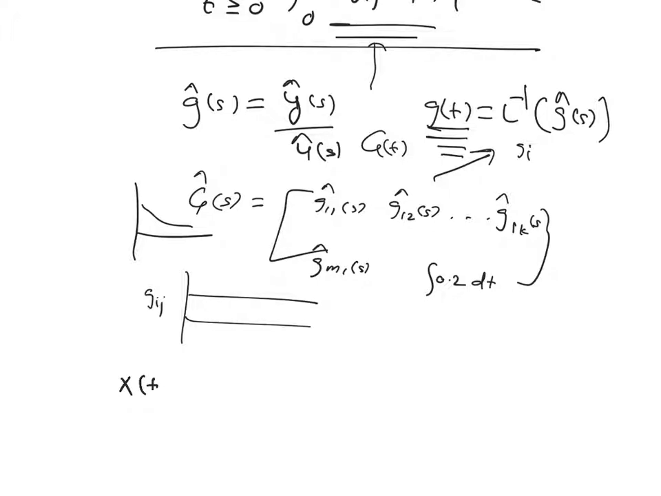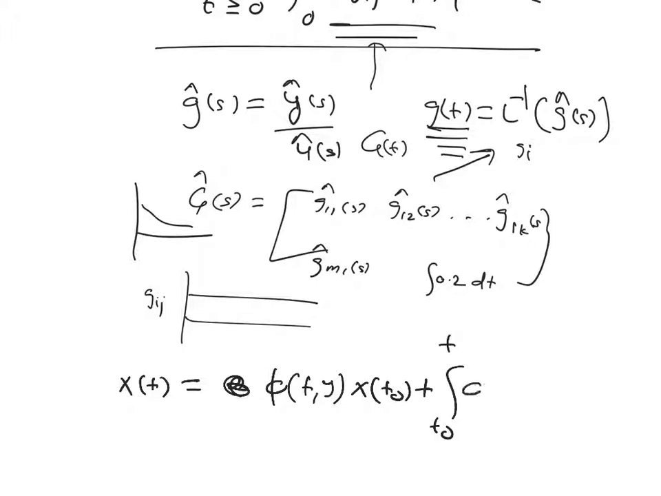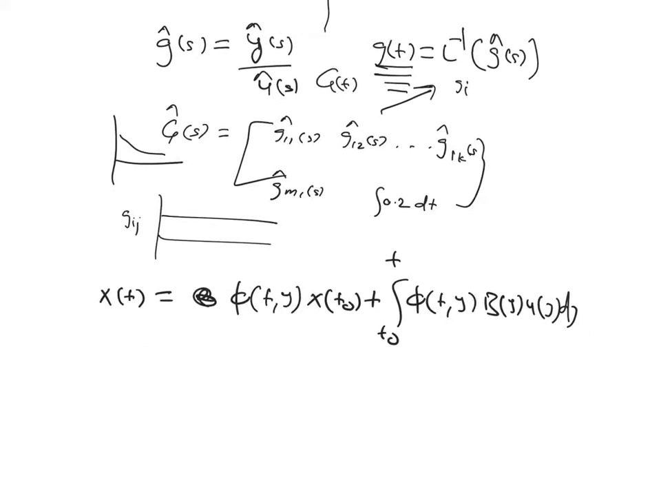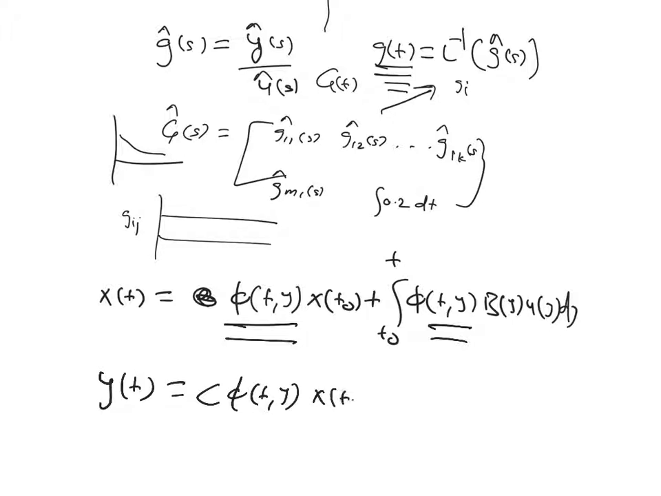If you remember, our general solution x(t) will be phi(t, tau) x(t0) plus the integral from t0 to t of phi(t, tau) B(tau) u(tau) d tau. That's the general solution. If you get the state transition matrix, you can find this solution. And what is your y(t)? You just multiply C to it. So y(t) is basically C phi(t, tau) x(t0)